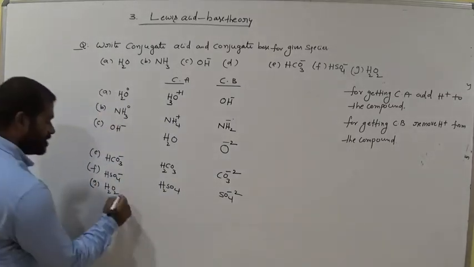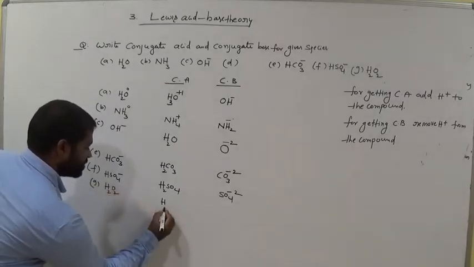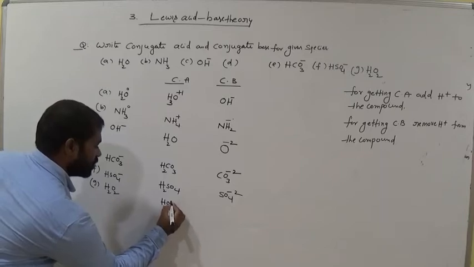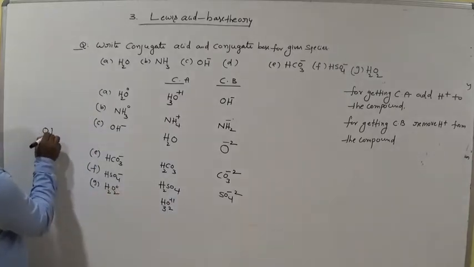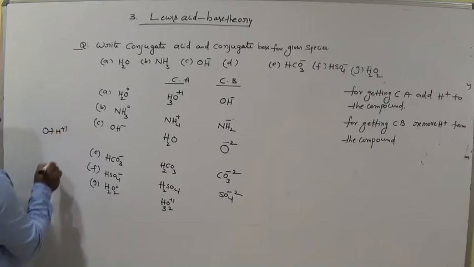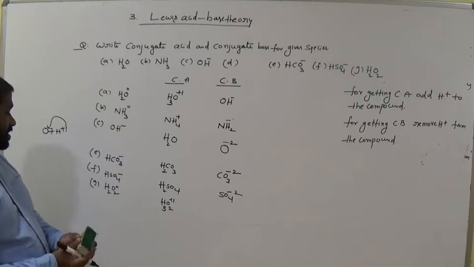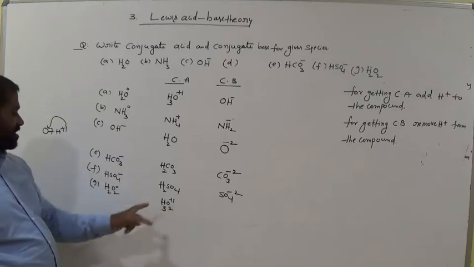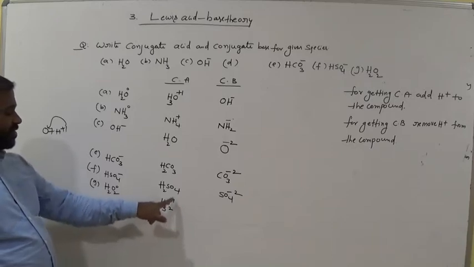And come to here. Add H plus, already it is 0, no charge there. That means H2O, it is 0, am I right? For 0 we add H plus 1. So 0 plus 1 how much? That becomes plus 1, or not? Plus 1 charge. So now we add one hydrogen, it becomes H3O plus 1.